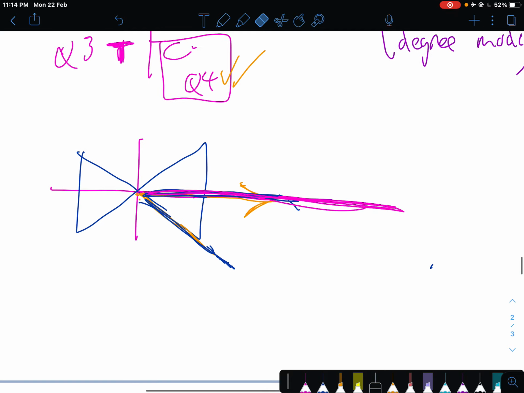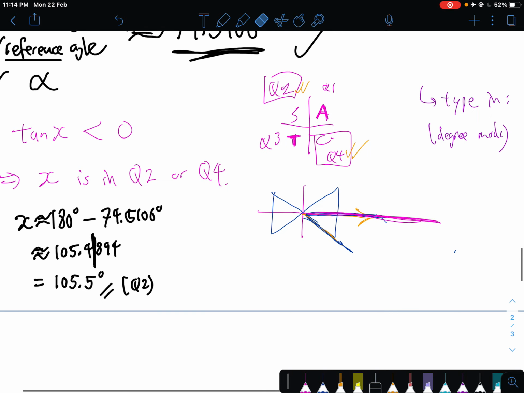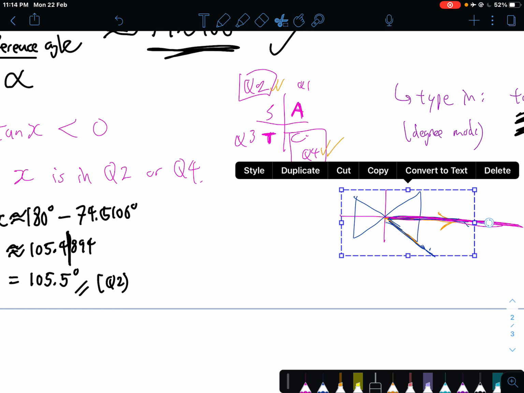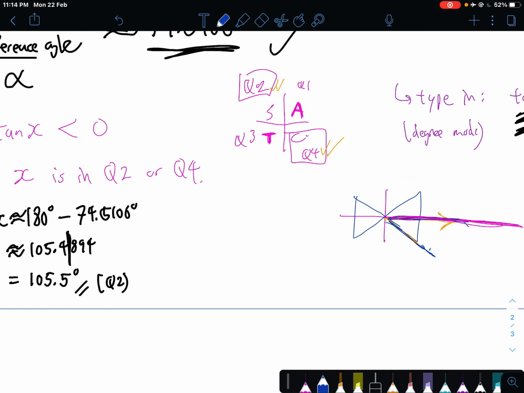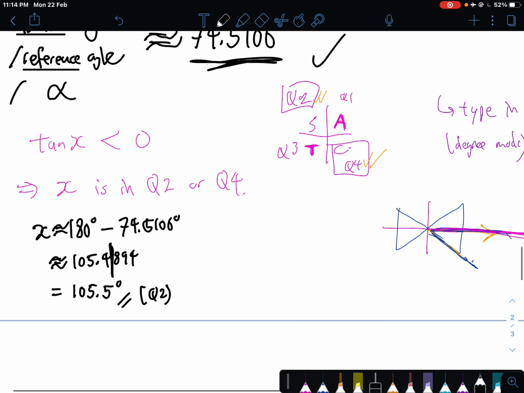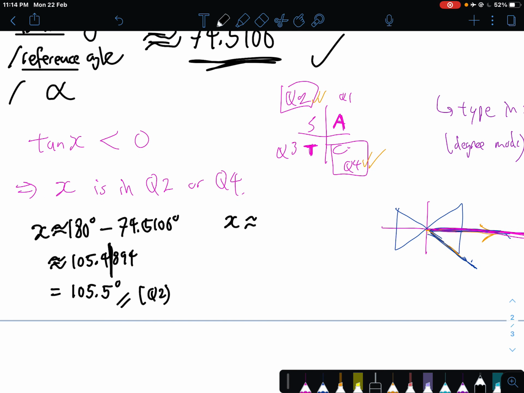Okay, so anyways, how do you get the quadrant 4 angle? Let's drag this away. Very simple. You start off with x, it's approximately equal to 360 degrees. Remember, I added the full rotation, 360. Then now I have to minus off, because I exceeded the angle already. I exceeded this line already. I have to add back a little bit over here. And what is that little angle I'm adding back? It is nothing but the reference angle,